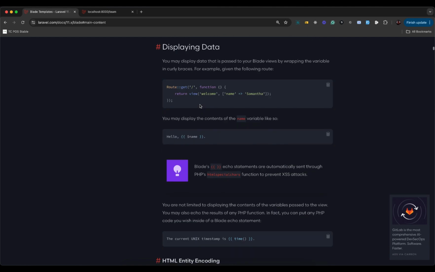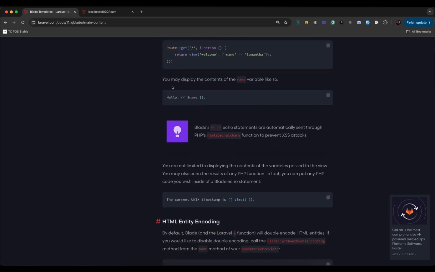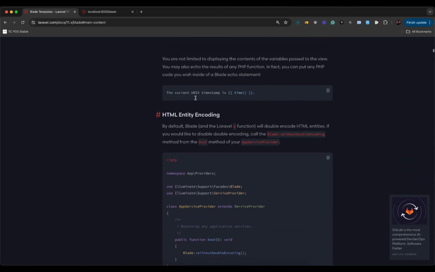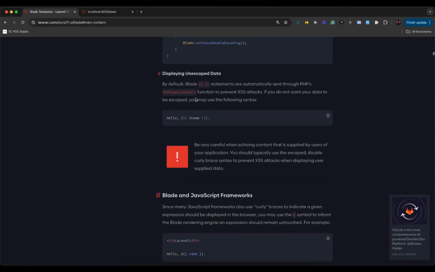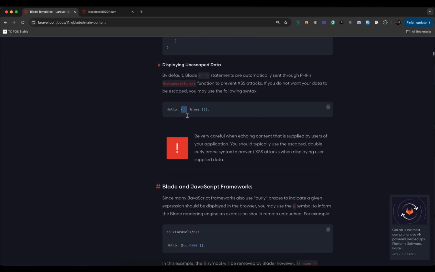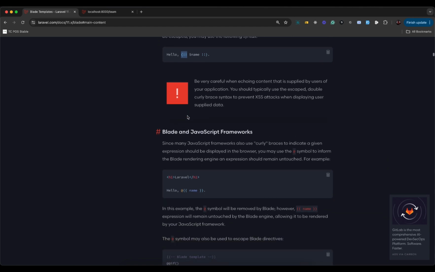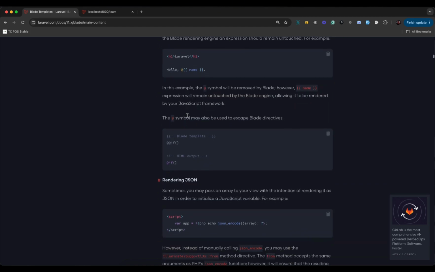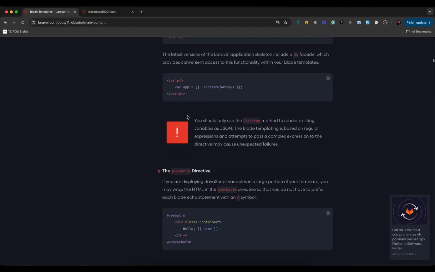You will see that it talks about using the double curly brace to render this item. It talks about using this one. You could look at this one later on, but this is to not escape HTML tags. And let's scroll down,